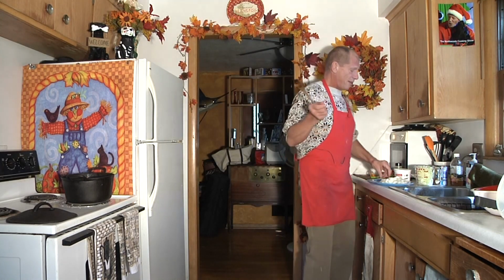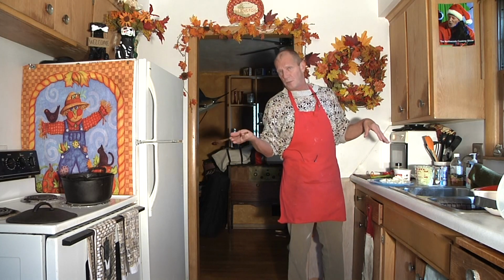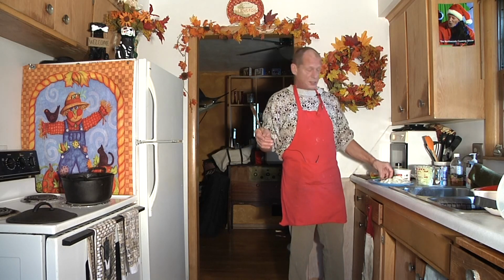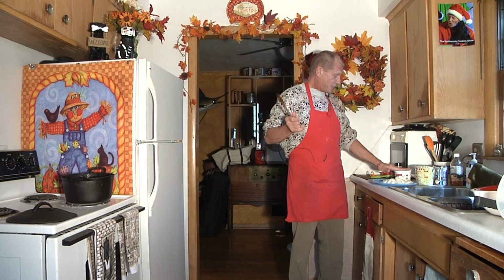Then also I have 1 large onion, diced medium. And you can use any kind of onions you want. Personal preference. I happen to have a yellow onion. I like a little sweeter taste to it, not too pungent. And we're going to be using chicken base,